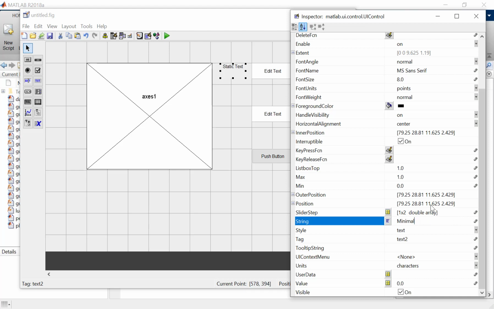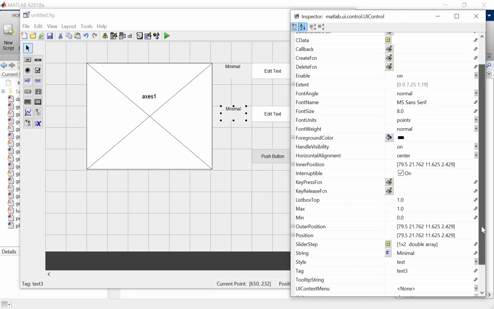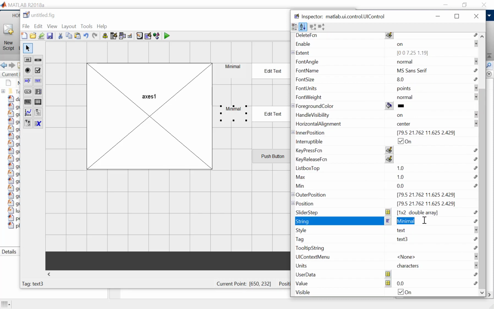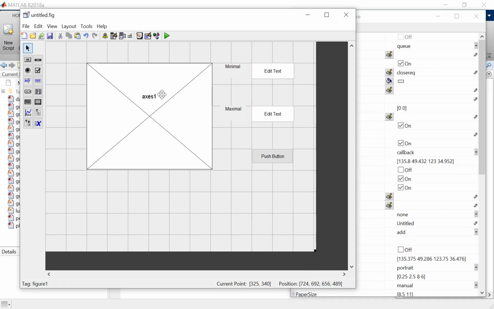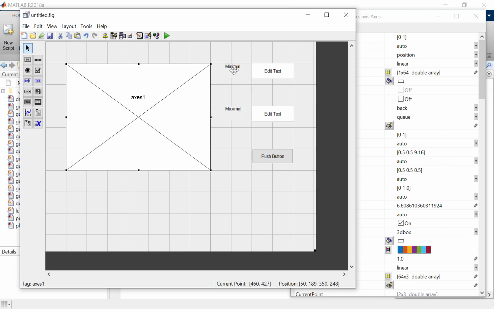Then we copy it, and this is the maximal value. So in this axis we will plot the quadratic function, and this is the minimal value and the maximal value, and this is the push button to execute the GUI.